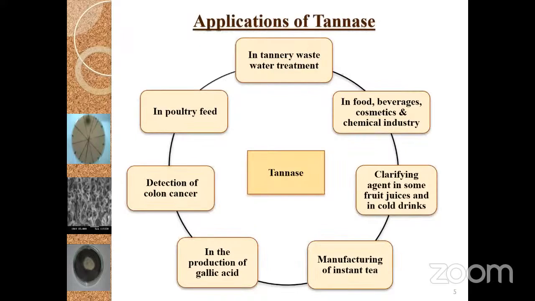So what are the applications of this enzyme tannase? It is used in the wastewater treatment of the leather industry. It is used in the food, beverage, cosmetic, and chemical industries. We can use this tannase as a clarifying agent in some fruit juices and in cold drinks. Then in the manufacturing of instant tea, we can use this tannase. In the production of gallic acid, it is also useful, as well as in poultry